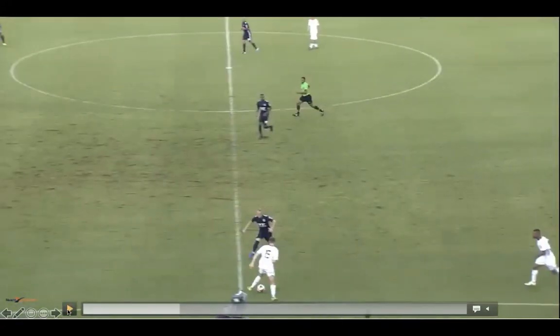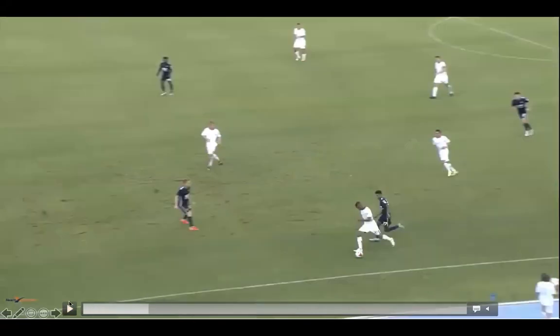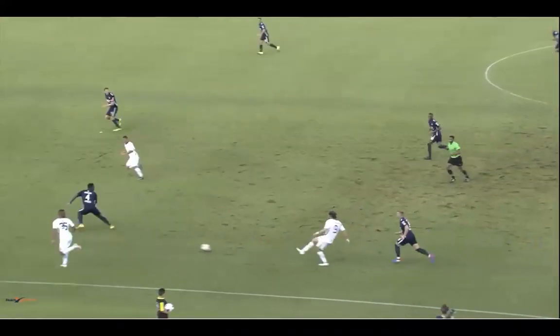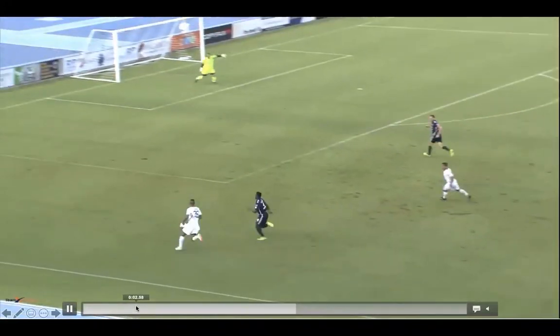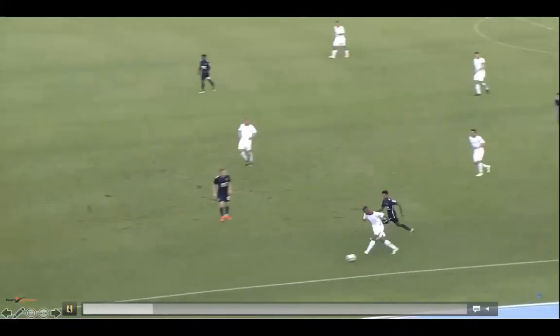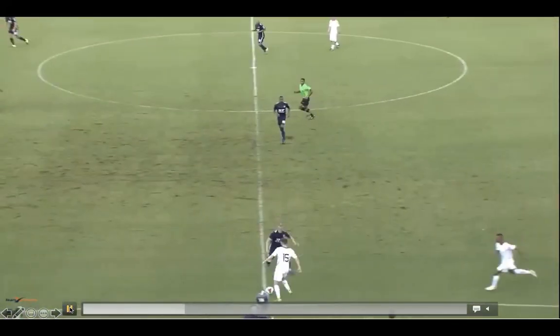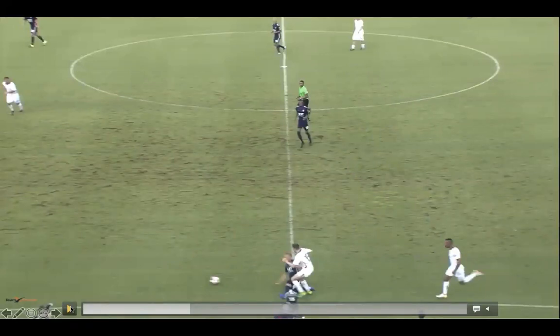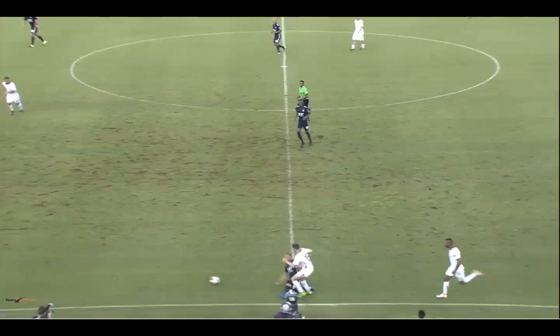So this is where we talk about severity of foul. I'll play it one more time and let you watch it. So at this moment right down here, player's pinned in. We have a scissor tackle, puts him to the ground. Back leg sweeps, we got a scissor tackle. That's what I would consider a higher level of severity.